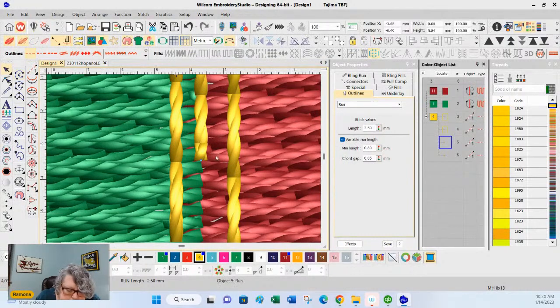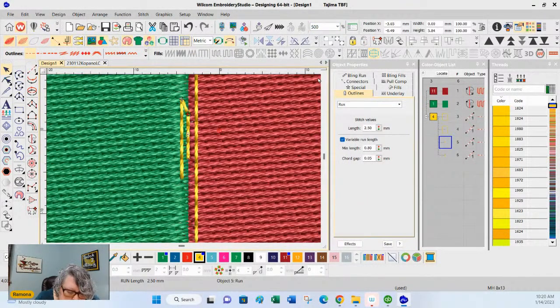I don't know what that stitch is. Let's try that again.